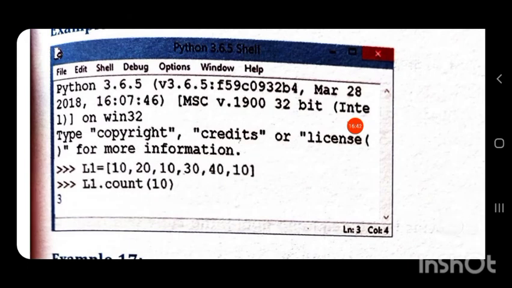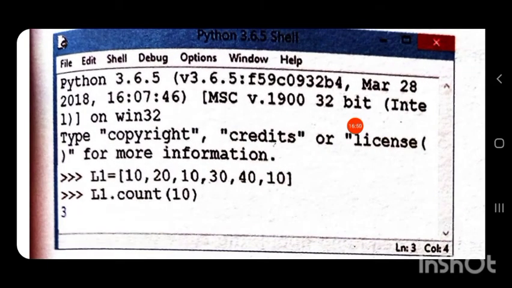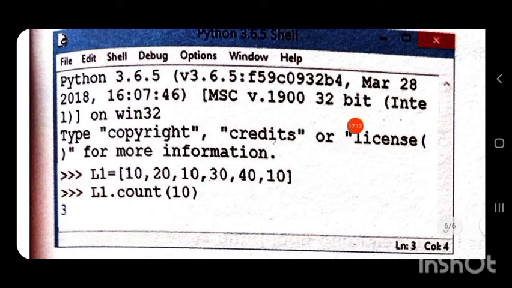So we have the list L1 equal to 10, 20, 10, 30, 40, 10. You can see 10 is being repeated many times. If we want to find out how many times 10 is repeated, we can use the count function. We write L1 dot count, and in brackets we give 10.